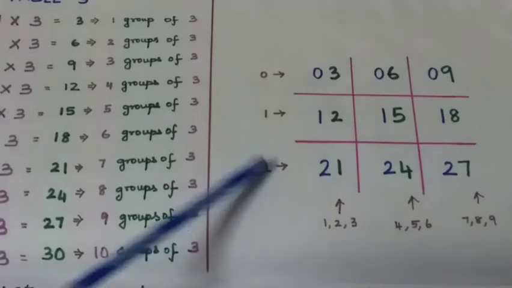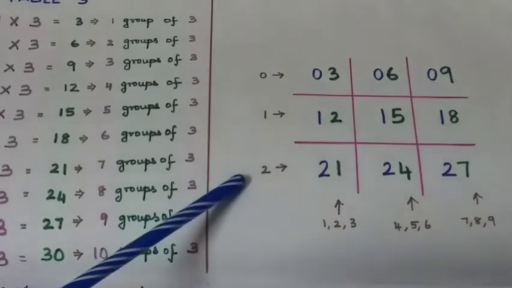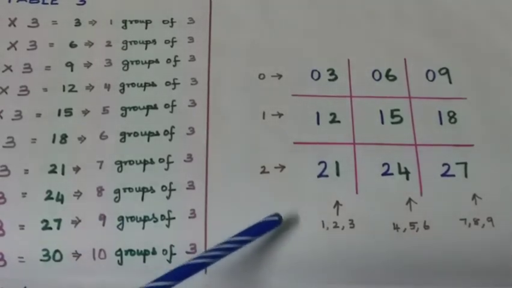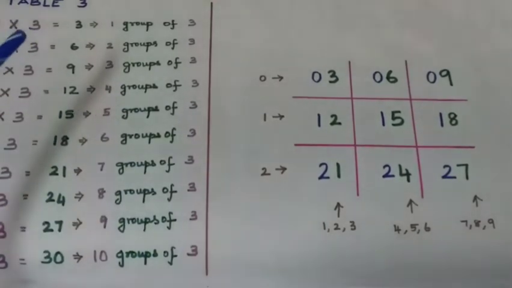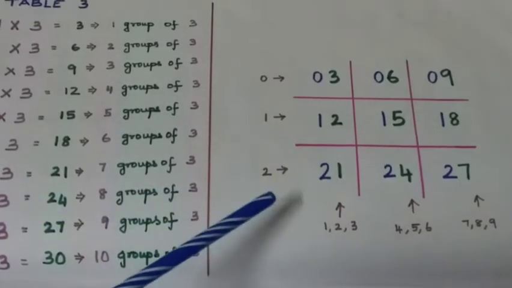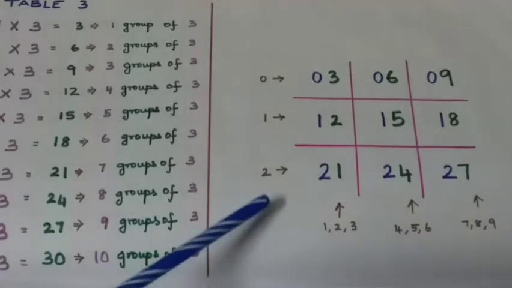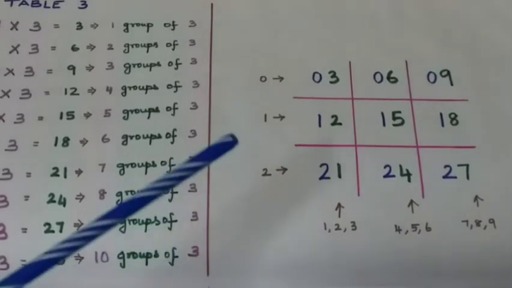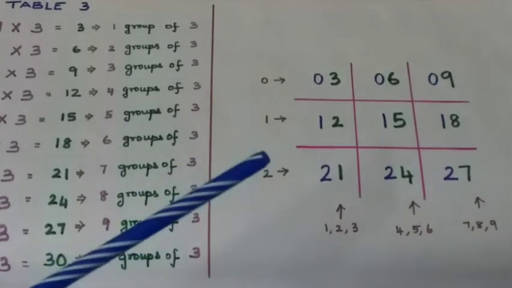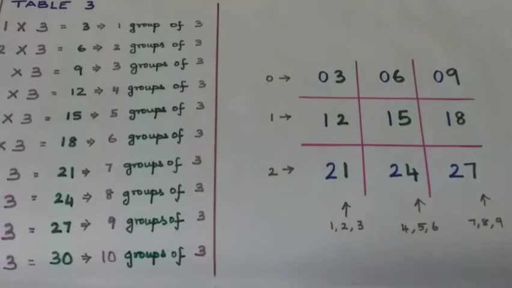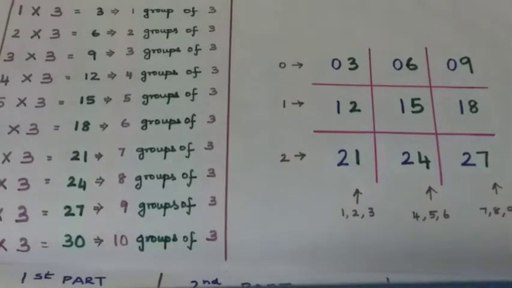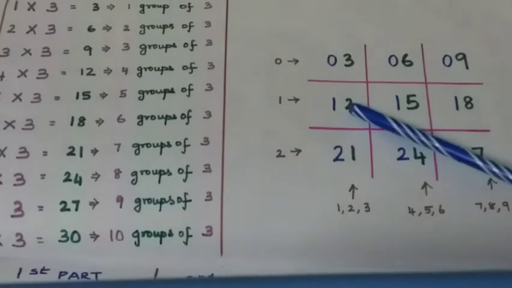So there is a universal trick which can be used to write Table 3 sequentially. This is not going to help your kid memorize Table 3, but when they need to write down the table sequentially, this is going to be the shortest trick. So now let's first see how it works, and then I will be providing useful tricks and tips which can be used to really make your kids memorize each row of Table 3 and to answer instantly, in a fraction of a second, when any number from 1 to 10 is being multiplied by 3. Now let's first see this one.